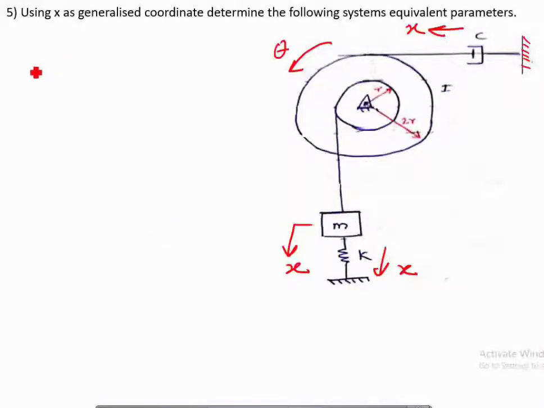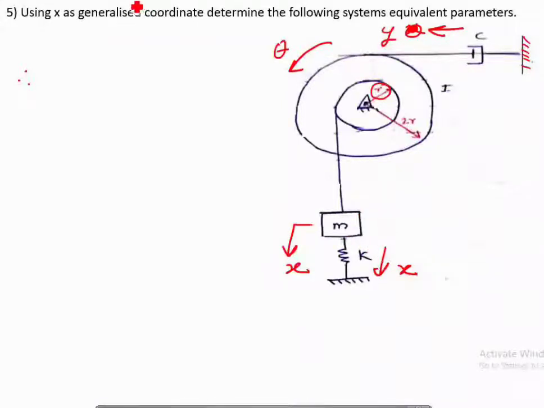So step number one. What is step number one? Step number one is to find the relation. Let us say this mass m is connected to this inside pulley, which has a radius r, and this damper is connected to the outside pulley of radius 2r. Since the damper is connected to the outside pulley, let the displacement of the damper be y. Even if you consider x it doesn't matter, but since it is connected to the outer pulley with radius 2r, I will consider the displacement of the damper as y, and the spring as x only because it is connected to the mass m.